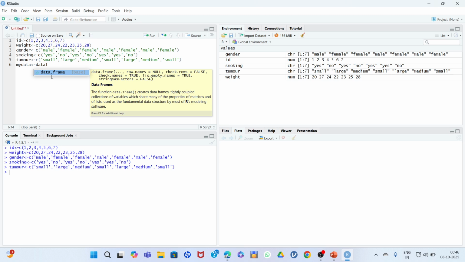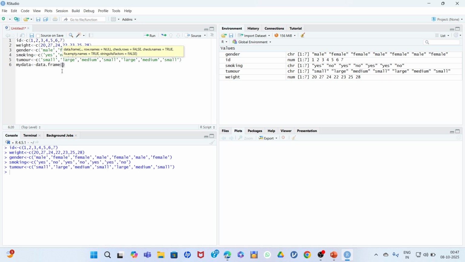So a drop-down menu is connected. It means this command is right and your R is connected to the internet. Just click here, and in between the inverted commas you have to write all your variable names. Make sure that these variable names are the same as whatever you write here. Say for example ID, then comma for separation,